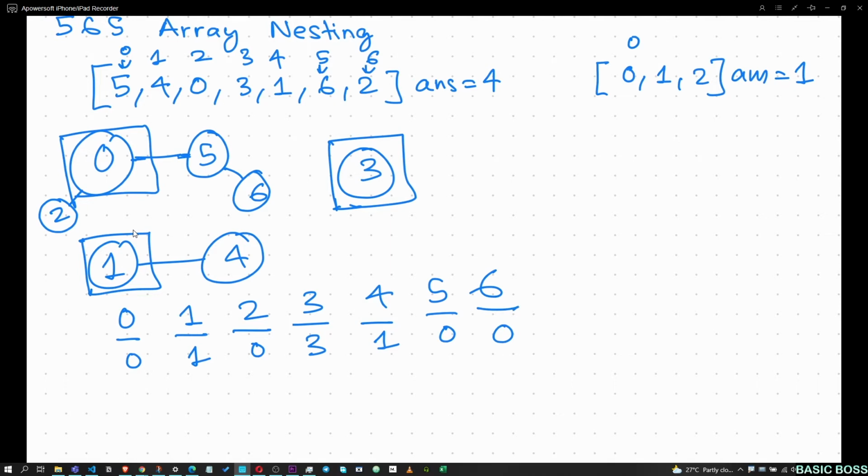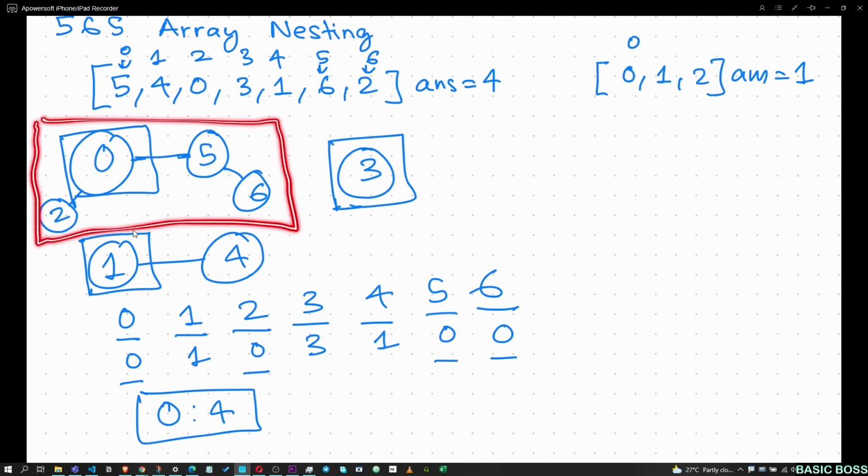Now once you are done with that, basically you went through all the indexes and found the parent. And once you found the parent, you see that the number 0 is repeating 4 times. So what you can say is that the maximum number of times a leader is occurring is going to be the answer. This is because whichever set is the largest set will have the most number of nodes. And for any of the nodes, the leading parent is going to be a unique element.